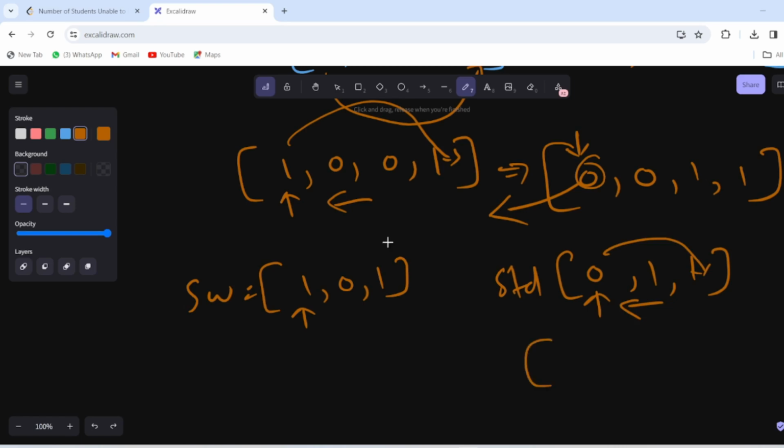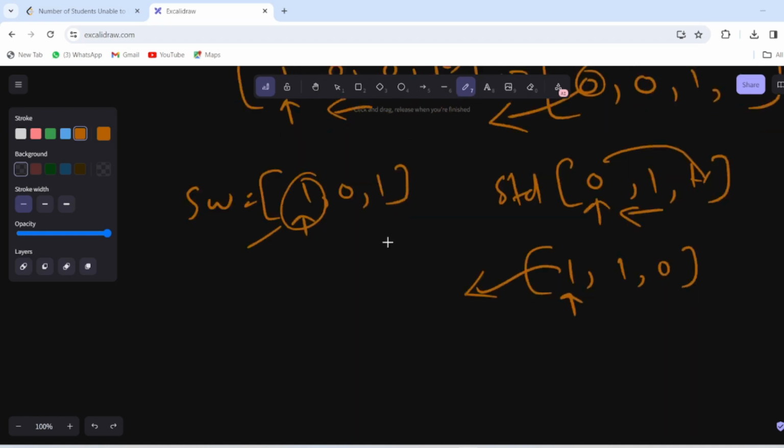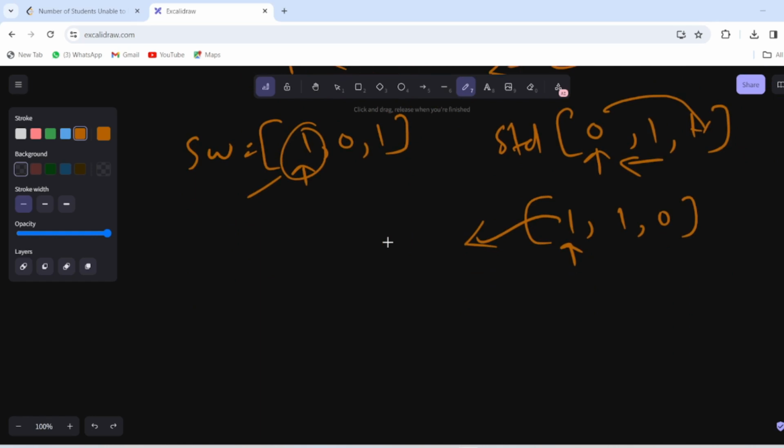So now the queue will be 1 1 and 0. The preference matches the top of the stack. So remove this element from the stack and make this student go out of the queue. Okay, so we will pop from the front. So now the sandwich stack will be 0 and 1, and the student queue will be 1 and 0.